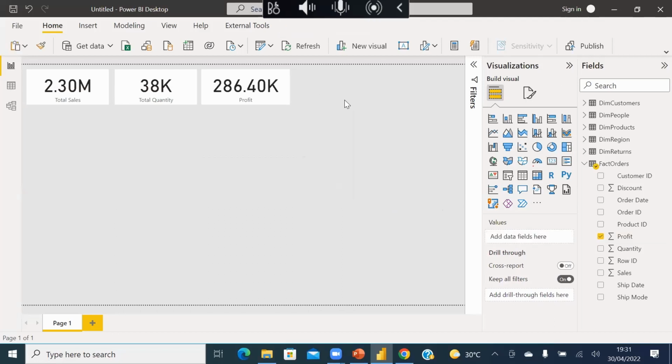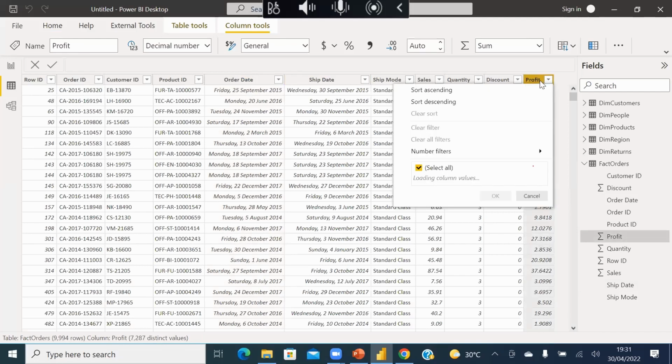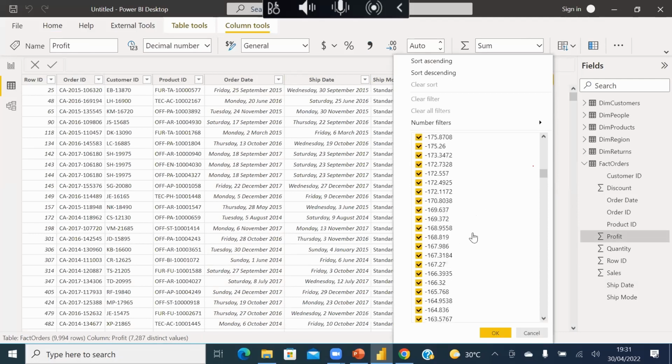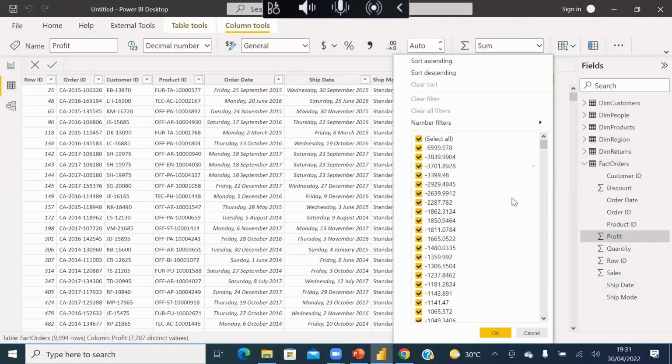Why I'm saying we will validate this data is because if you go back to the data, that's why it's good you spend some time with the data, right? Let's go to the column that has profits. When we go to the column that has profits, you realize that we have some negative values. These negative values mean that the company suffered some form of loss, right? But because we are summing the values in this column, these negative values will be subtracted from the positive values here. So we are not going to be seeing our true profit, and we're not going to be seeing our true loss, right? So you should keep that in mind. We'll come back to this later on.